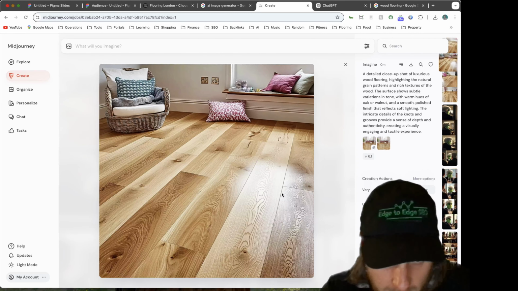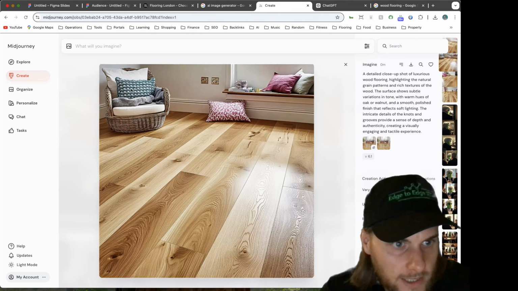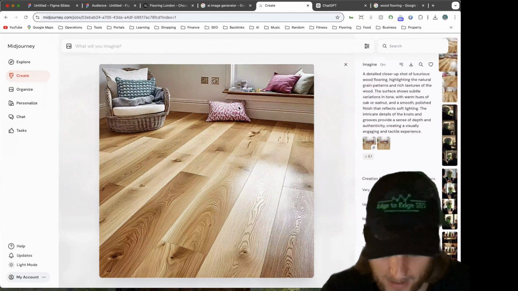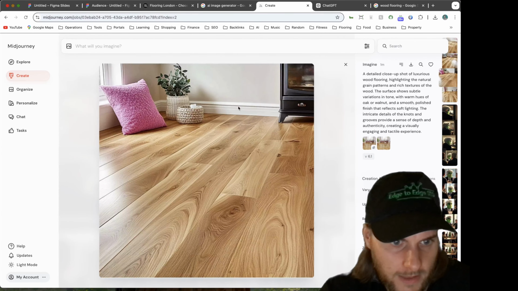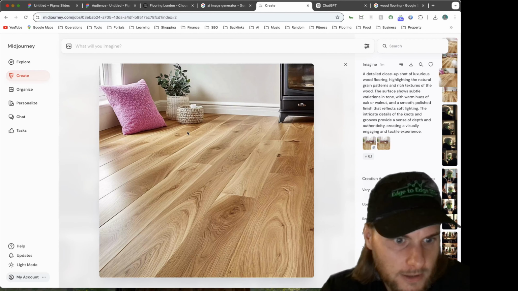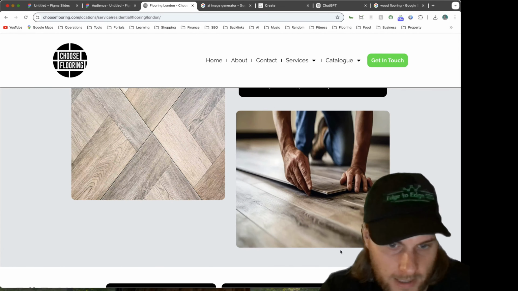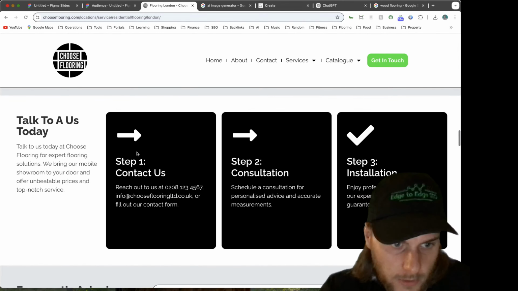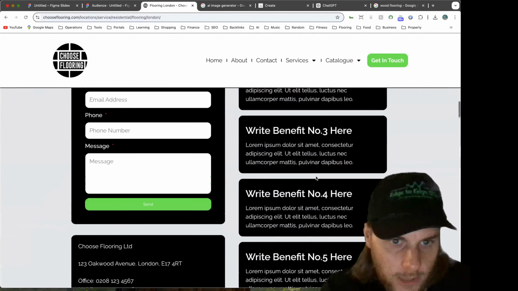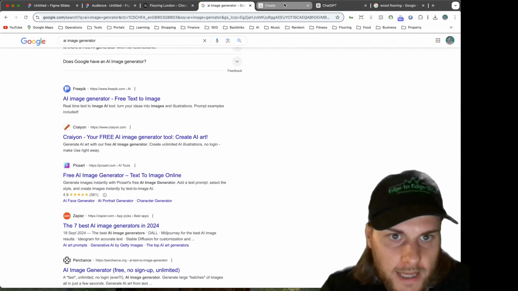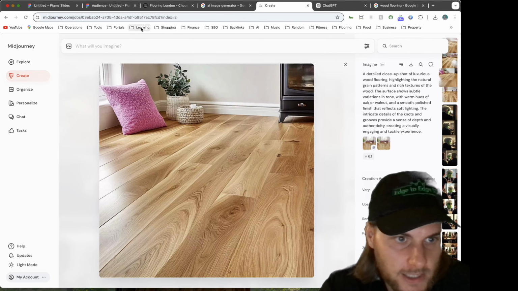But like that bit there, you can see the grain and stuff like that. You can see these chairs here, these cushions, the plug sockets look a bit weird, but again, is anyone ever going to look at that closely? Like that one there, little fireplace in it, cushions. You could get away with that. You could put that on your website on a page like this, just because you need a picture of wood flooring, and you want to put a little bit more imagery on there. You want to break up some of the text or whatever it is. You can easily create these images and get them onto your website.